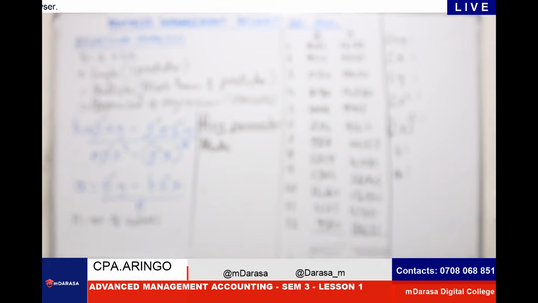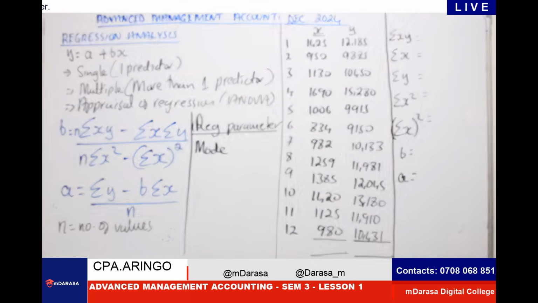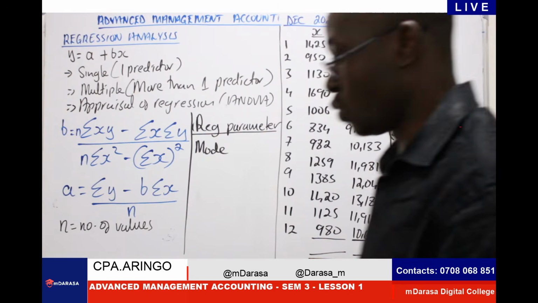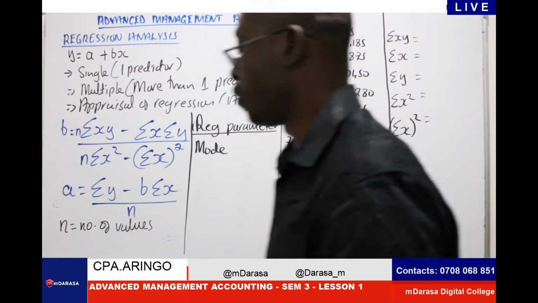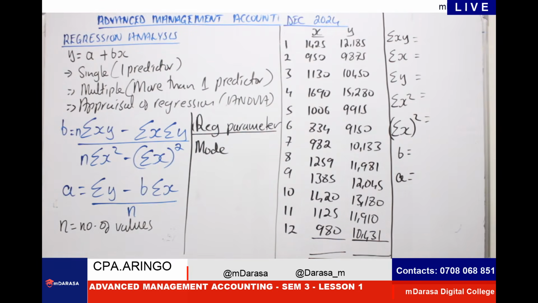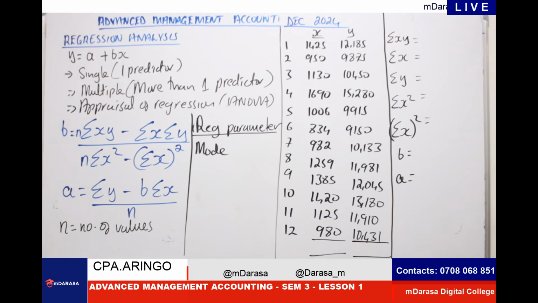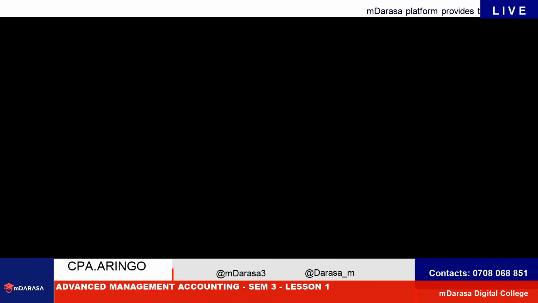Using the same procedure, I want us to do this for all the items there. We've done up to n equal to 2. The worst thing is that when you make a mistake, remember, using this shortcut, you have to go back, clear your calculator and redo it again. So make sure that you're very keen with the values that you are inputting. That will help us a lot.